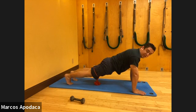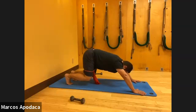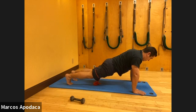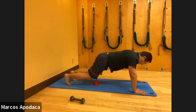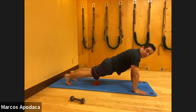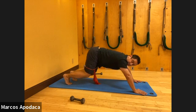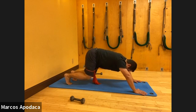So go ahead and come right into your plank position. So 5 times back and forth. Bend your knees, still feel that lateral pressure, and then come forward, plank. Back, still feeling that lateral pressure, and then forward, plank. 2, back, and forward, plank. 3, good job, back, good, and forward. Nice job, y'all, looks great. 4, one more, last one. Sitting back,